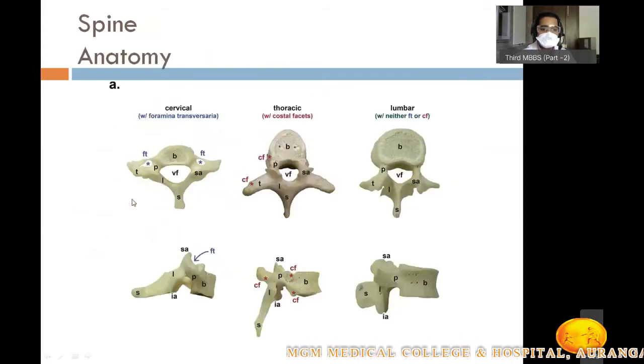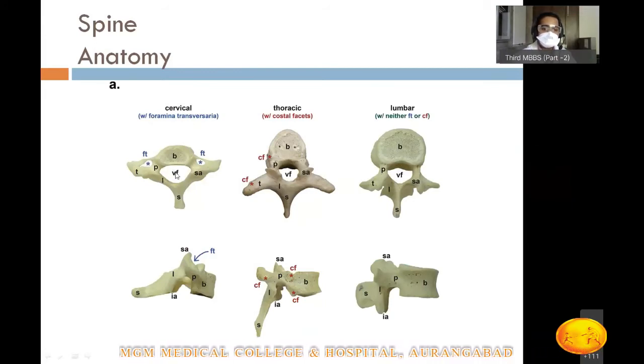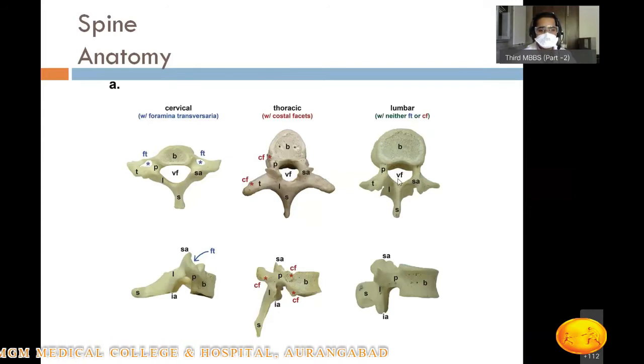So looking at all three vertebrae at a time, we can see the differences. In the cervical spine, the spinal canal is really spacious. In the thoracic spine, it is minimal, and in the lumbar spine, it is again increasing in diameter. So injuries occurring in the thoracic region or near the thoracolumbar junction will have higher chances of injury to the neural structures, because the spinal canal has the least diameter in the thoracic region.